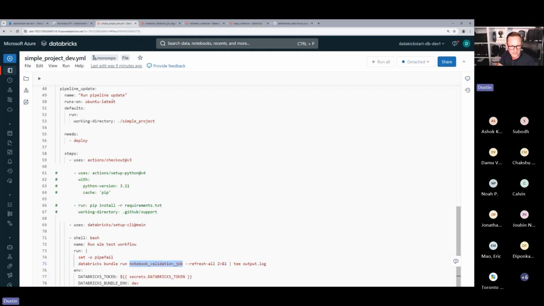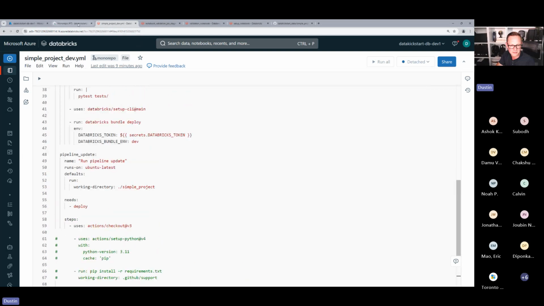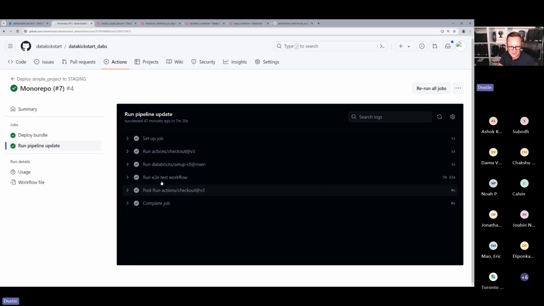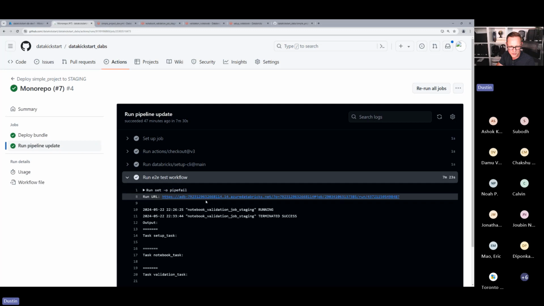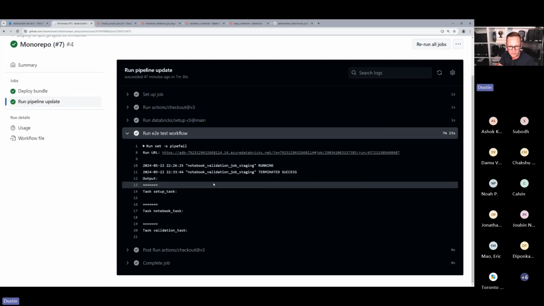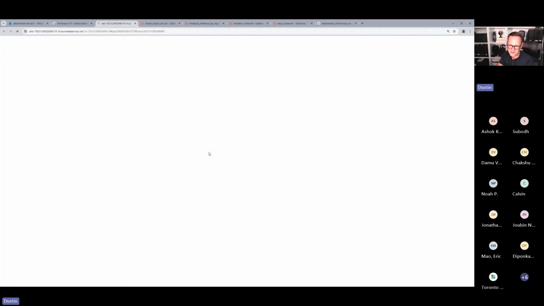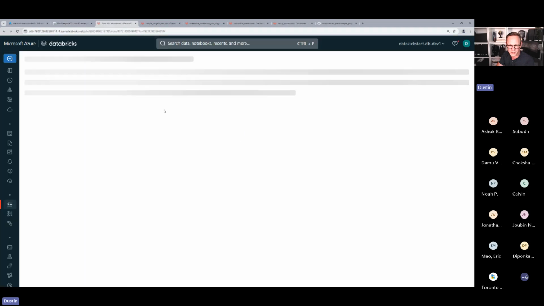It would return an error if it didn't work, and it returns some information to my different steps, like some logging comes back that I can work with. Probably the best part of using the dabs run is that it waits for it to complete, so it doesn't just run it and then I have to go check it on my own. And it gives me a link so I can go use the workflow